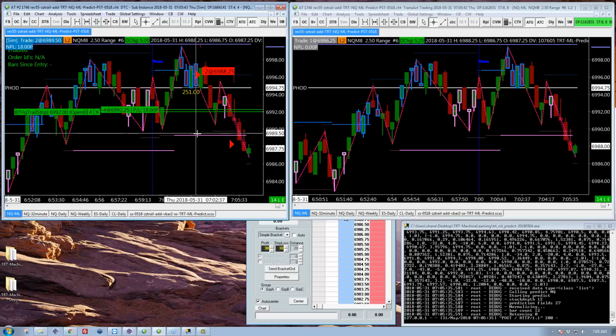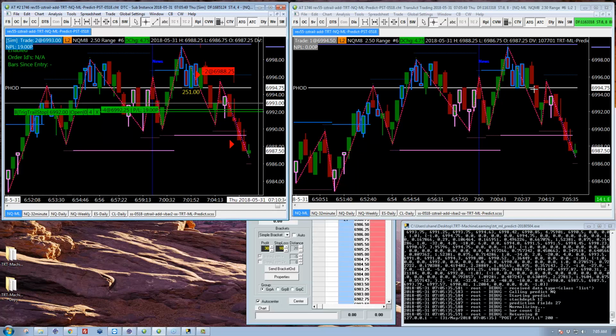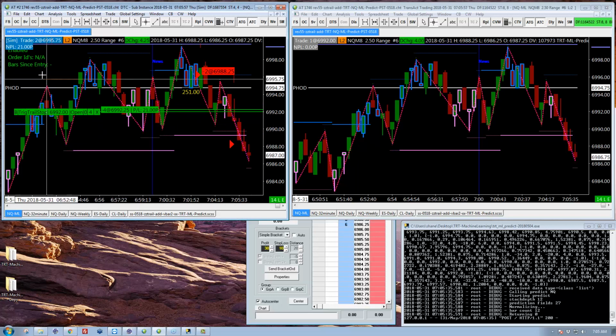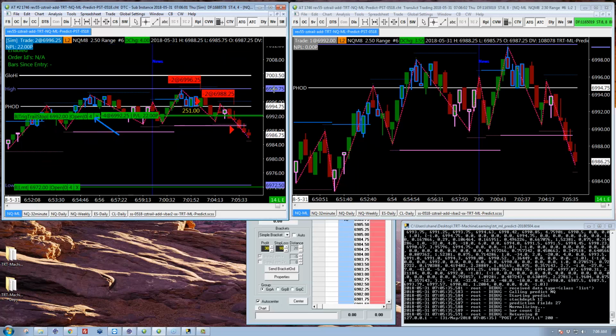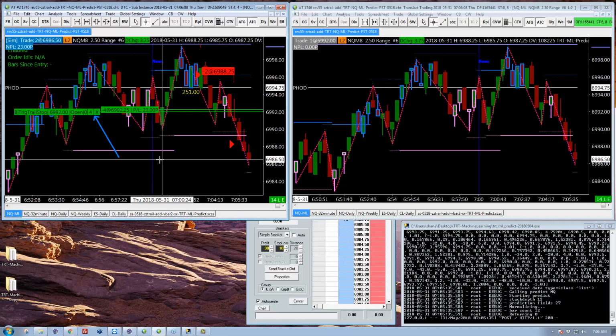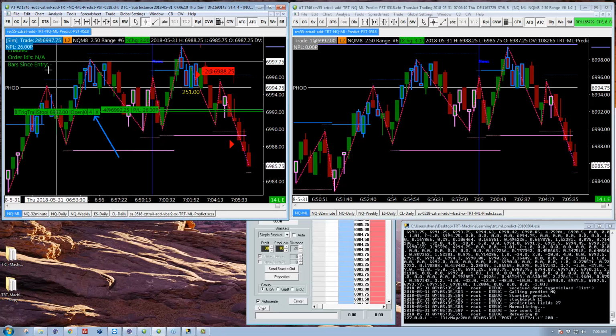All right, so we're getting a live test. It's in simulation here because this happened during a blackout that I blacked out over here on the right, unfortunately. But we shorted here, and then when we broke through here, we added. All right, so this started off with 2 contracts. Now it's at 4. All right, and that should have reset the target to plus 80 from the new break even. All right. We're also testing a new